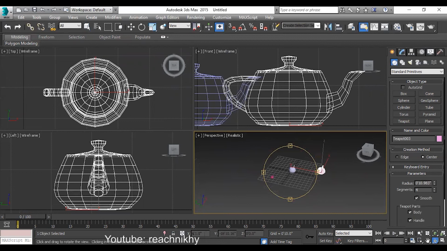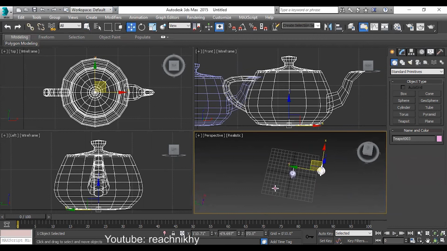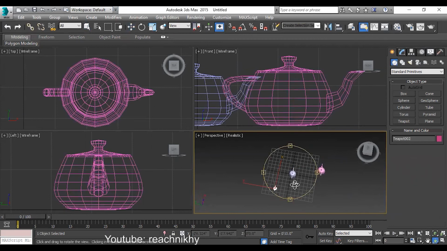But if you click and select the next option, like this one, orbit selected, now it works based on your selection. You observe this teapot is always visible and the remaining things are not visible for you. That means if I rotate, they are going out of your screen, but my selected teapot is not going. Now, if I select this one, and again if I use the same tool and rotate, now this teapot will remain in my viewport. Remaining things may go out, but this teapot will never go out of my viewport. That's what this one is like.